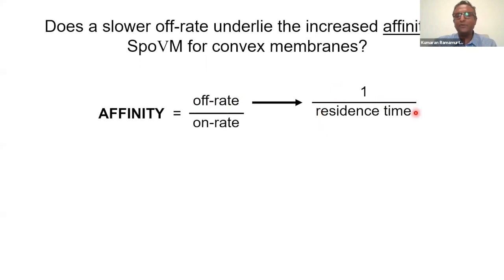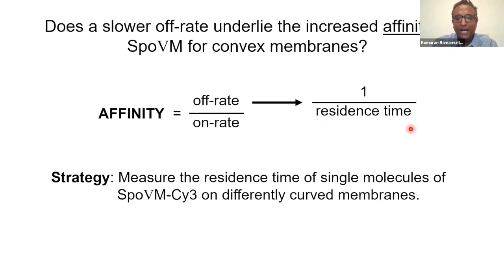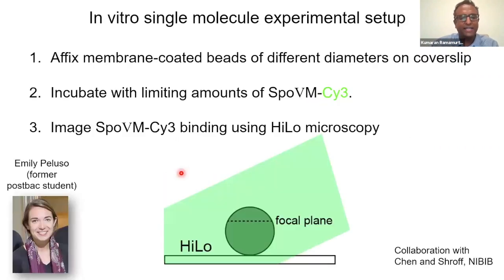So basically, if you spend a lot of time as a molecule on a surface, that means that your off rate is going to be very low. Okay, so it's just the inverse, which means that your affinity number will be low, which means your affinity is very high. I'm telling you all this because this residence time is something that we can measure using single molecule fluorescence microscopy. So our idea was to measure this residence time on differently curved membranes using a fluorescently tagged SpoVM